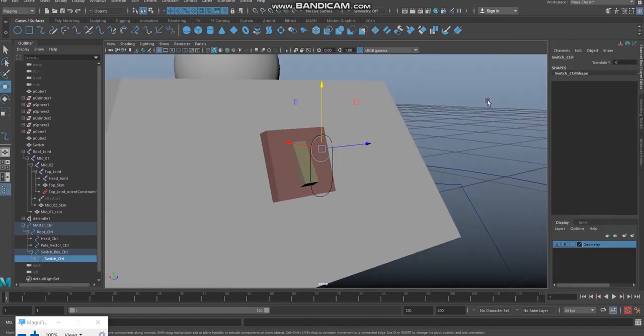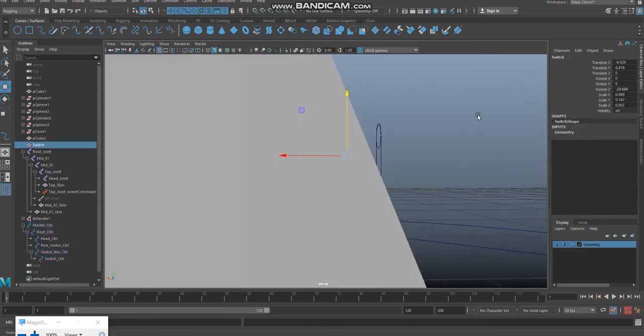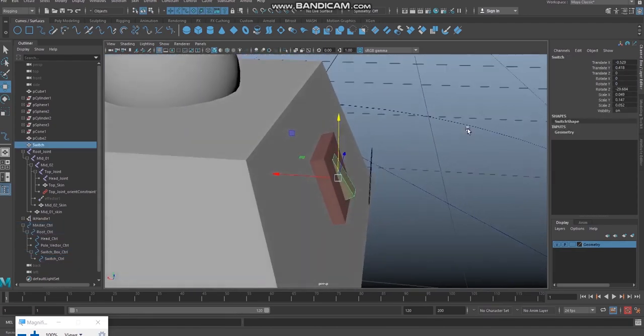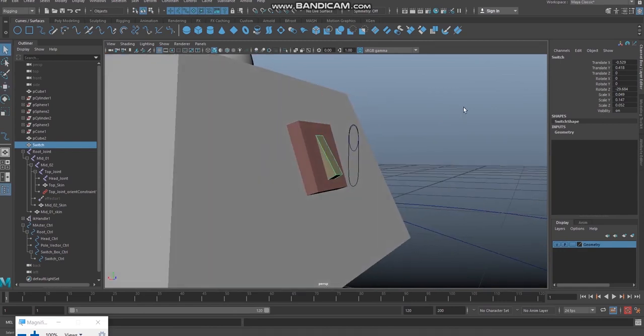Now what constraint do we need to give for this? Before giving any constraints, I told you both the objects should not have any history, the pivot should be in the middle, and the transformation or global values should be 0 for both of them.